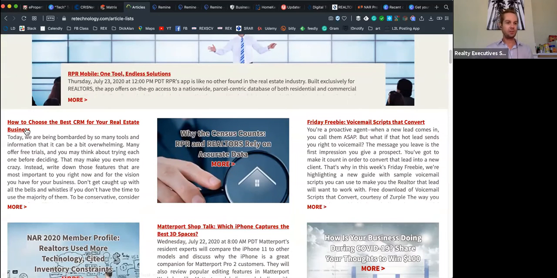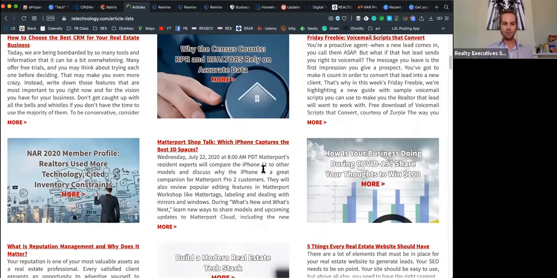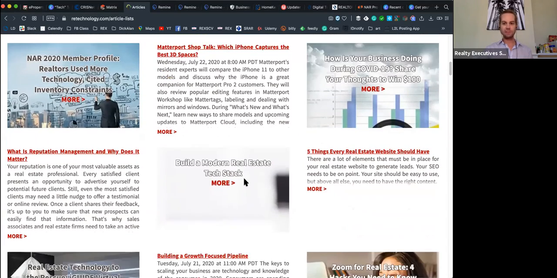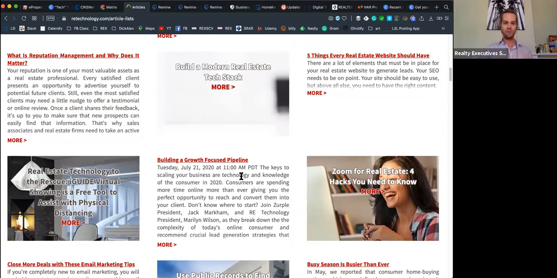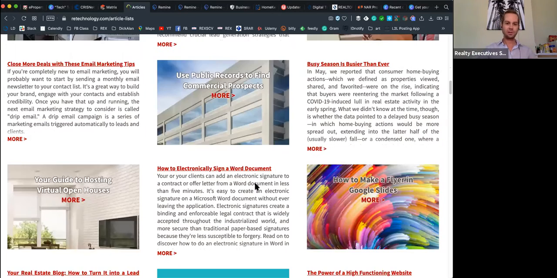So, choose the best CRM, freebie Fridays, Matterport stuff. So it just gives you information, either articles, like I said, it's like an aggregator where it pulls articles from different places. So there might be RPR articles, there might be from Delta Media, who are inside real estate, all these different companies that create real estate tools, HomeSnap, just a number of different